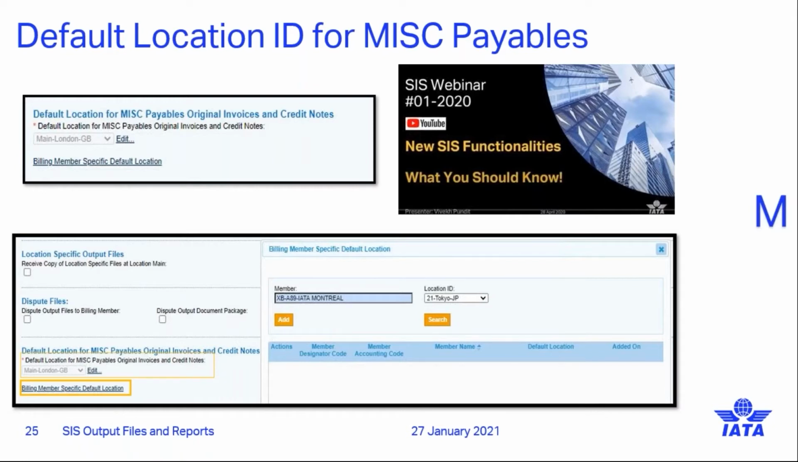This is a very important functionality that we introduced in the first SIS webinar for the past year 2020, which you can see on our website, and we will show later the new webinar tab that we have added on our website. This functionality allows you to define a default location for miscellaneous payable original invoices and credit notes. This enhancement helps you define and specify a location ID for specific billing members in the miscellaneous tab of your member profile,